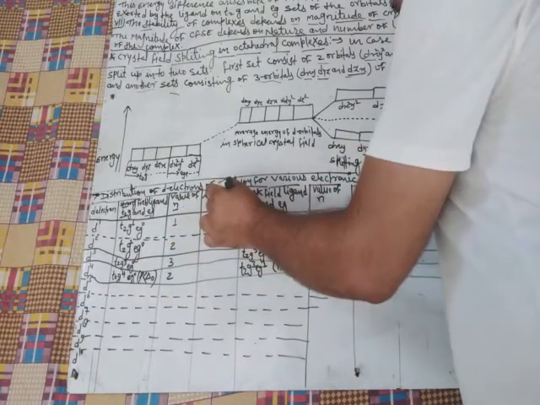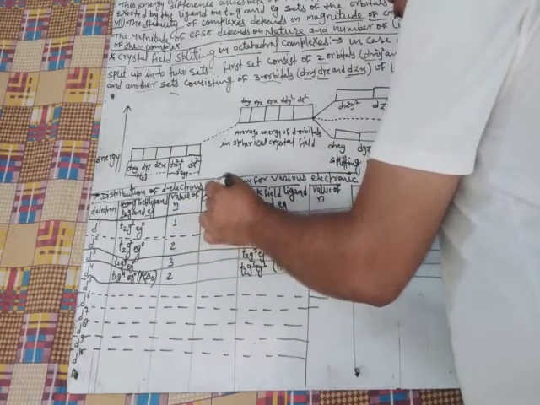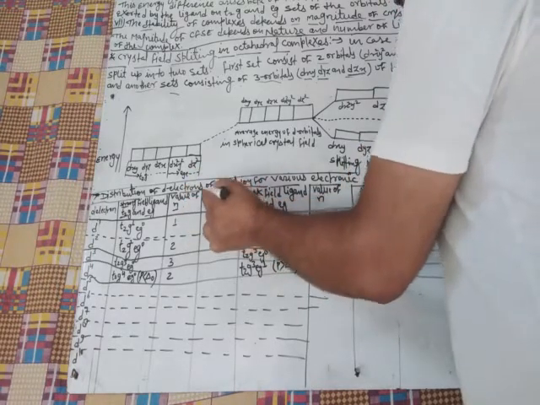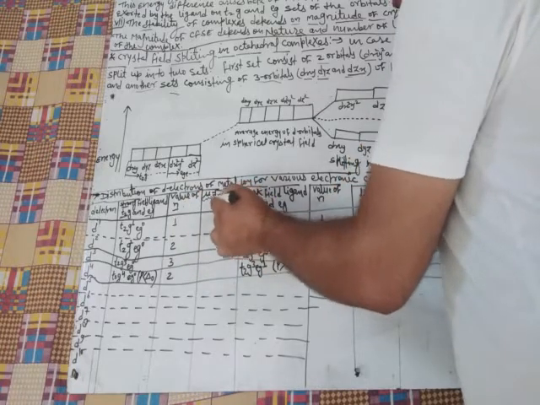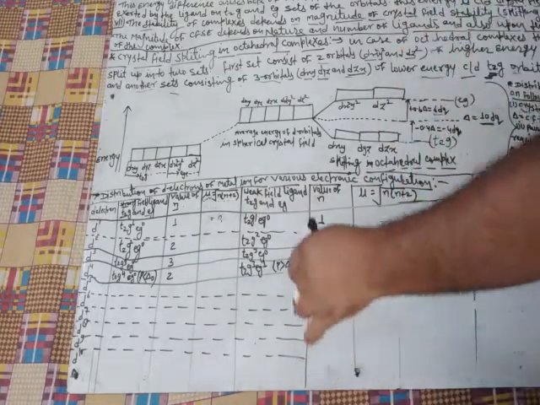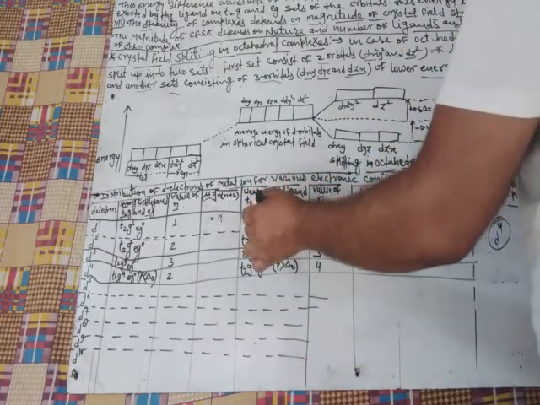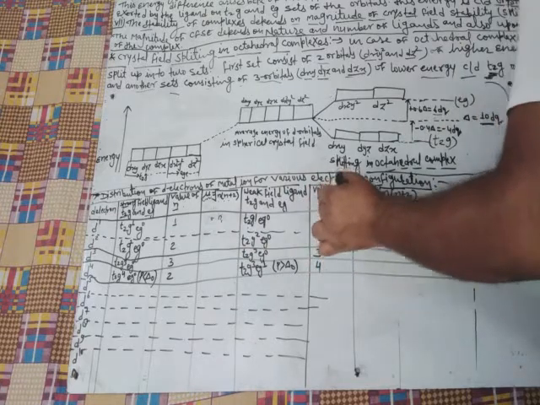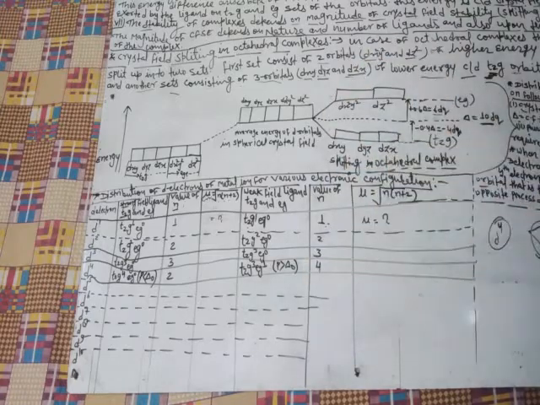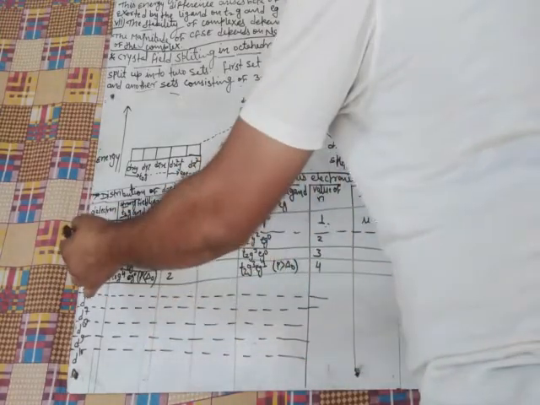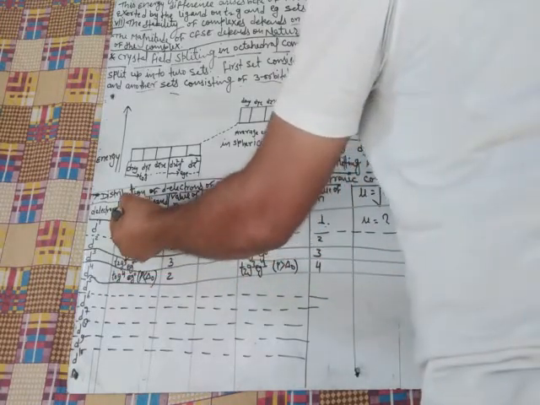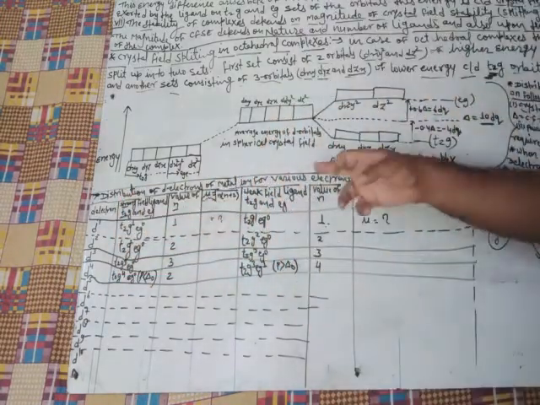And magnetic properties, the mu value, is found by this formula. The n value is put in this formula, then the mu value is also found. For weak ligand, this is also the electronic configuration and the n value is 1. Then the value is also found using this formula. d2 and d3 are also similar when the field is strong and when the field is weak.